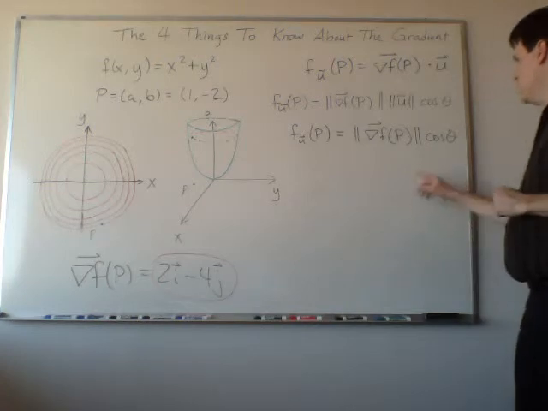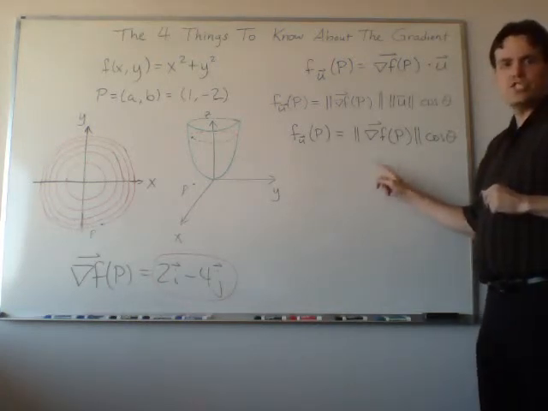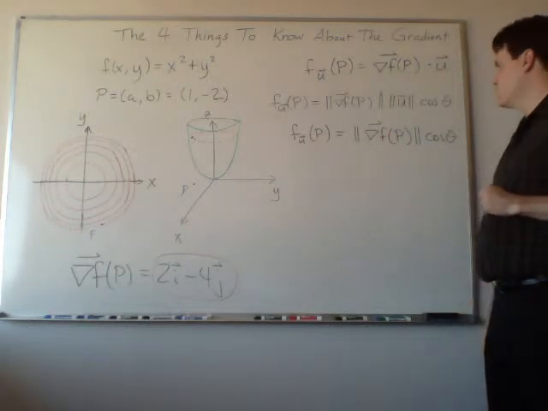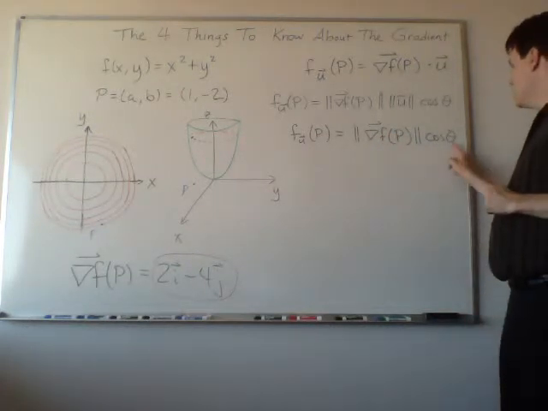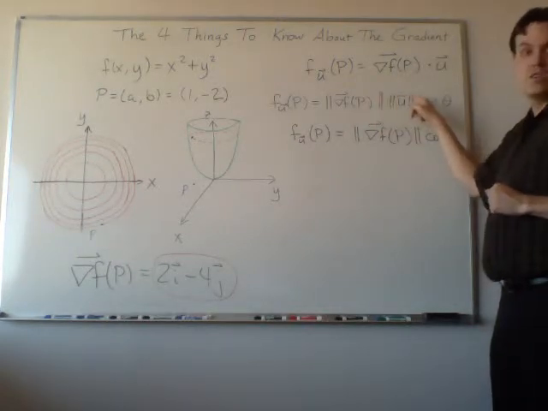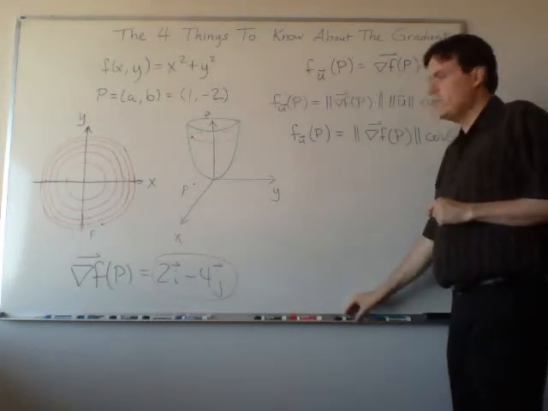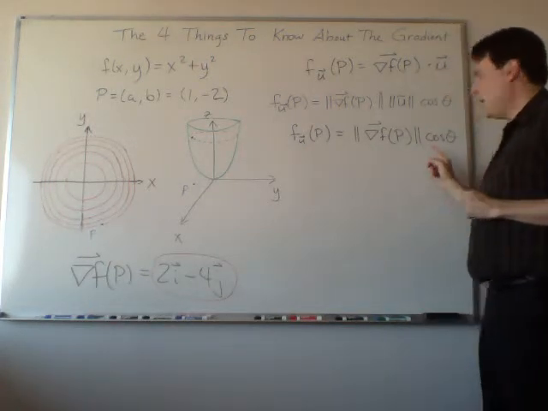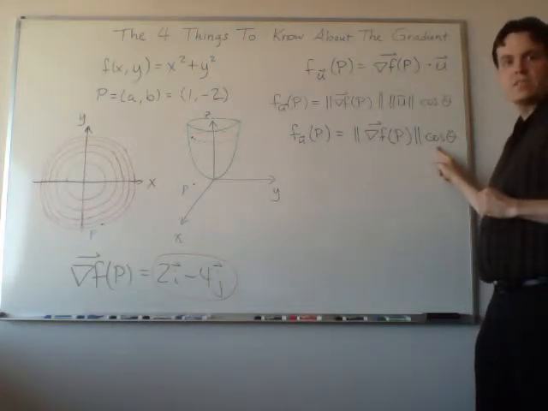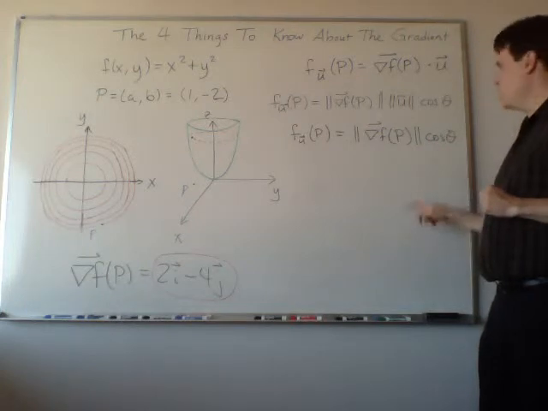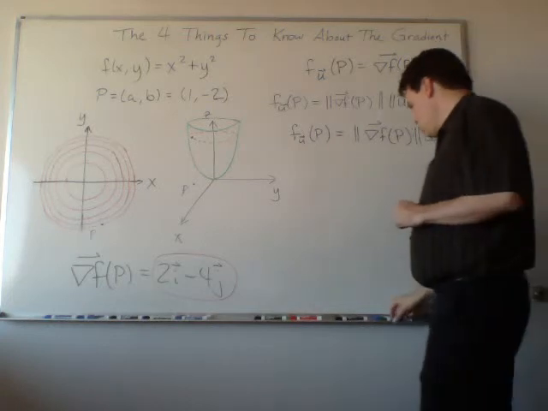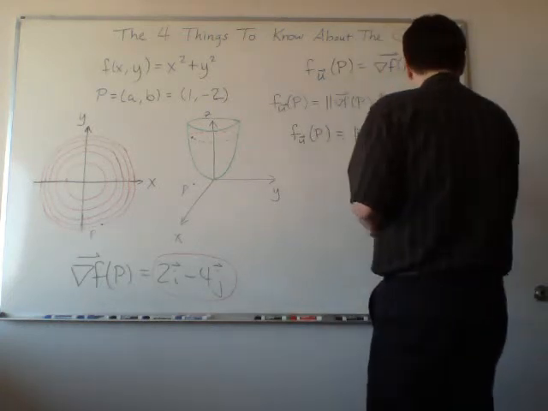How would you do it? What in this expression would you actually be able to change? We can't change this because P is given, f is given, the gradient's given. The only thing that we can change is the angle theta between the gradient vector and the unit vector. That's the only thing we have the power to change. Now, how would you set the unit direction vector so that this cosine theta is as large as possible? Well, you remember that the cosine theta can only be as high as 1. That's the highest it can go. And this will be as large as possible